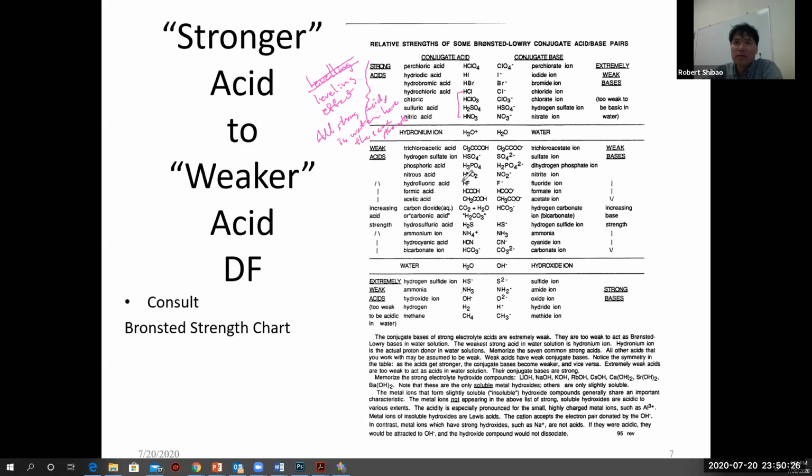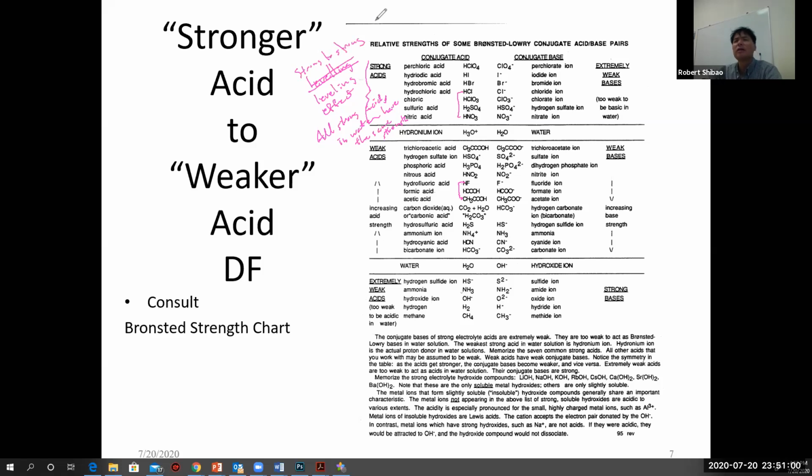So for example, if we go from HF to acetic acid, then that's a driving force. If we have HF as a reactant and acetic acid as a product, that's a driving force because we're going from stronger to weaker. And so weak acids we can rank. If we're going from nitric acid to acetic acid, that's a driving force because we're going from stronger to weaker. However, if we go from strong to strong, we have to worry about the leveling effect. So this is strong to strong, the leveling effect.